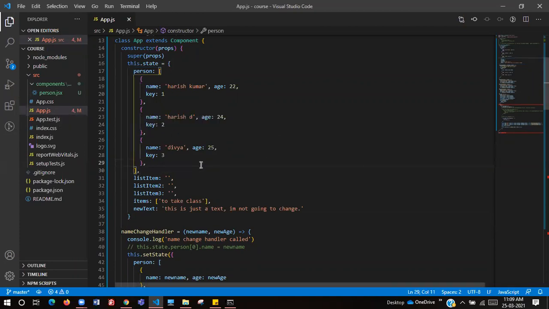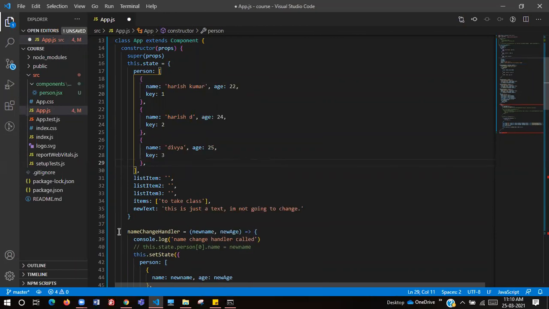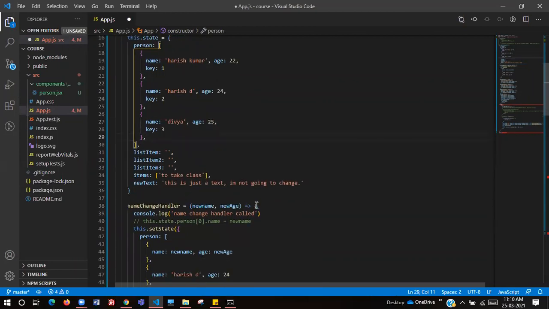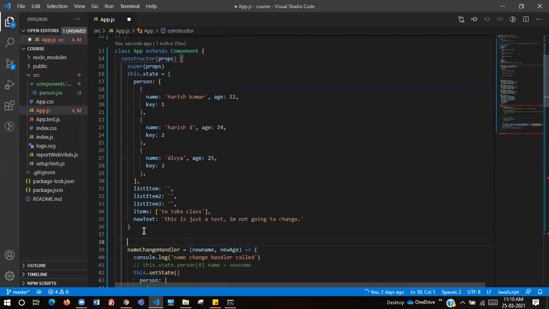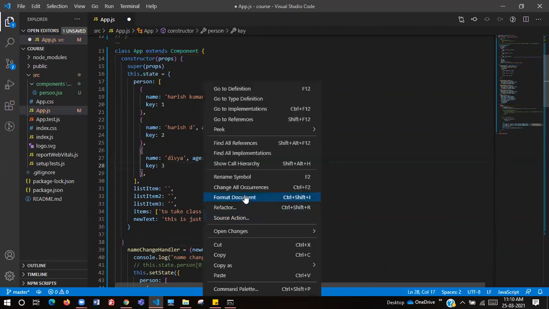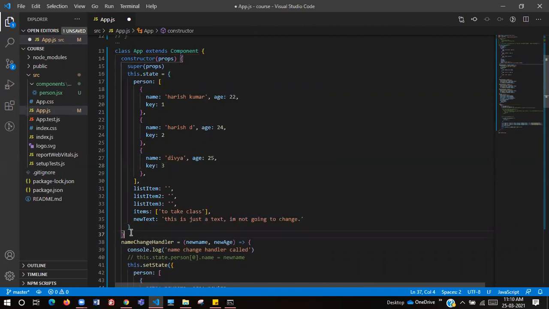If I click on save, or if I click on format document, the alignment is missed somewhere. So you just check each and every brace. The state is closed, but the constructor is not closed. So now we close that. And if we click on format document again, see, this closing and all the alignment is very proper and neat.